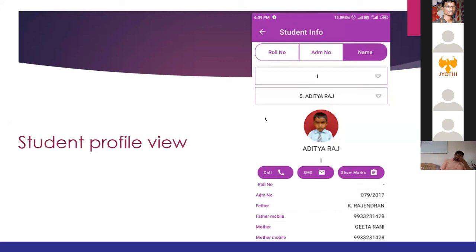If a child is getting admission late, can we include her name? Yes, we can include, ma'am. When we are creating a profile, we can edit the profile and we can change the admission number.